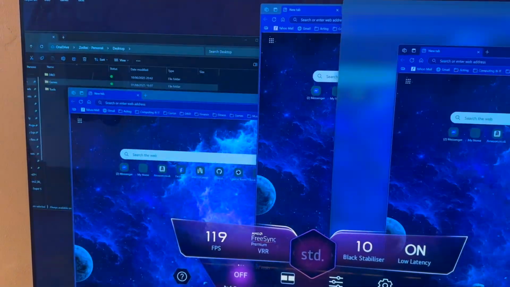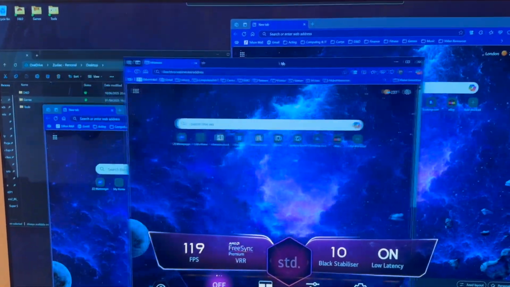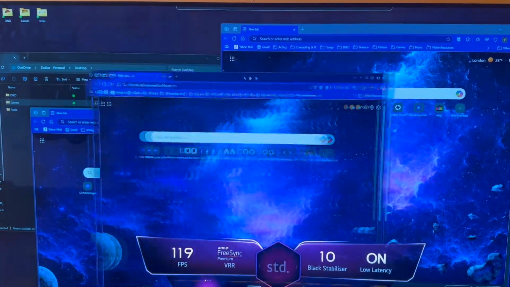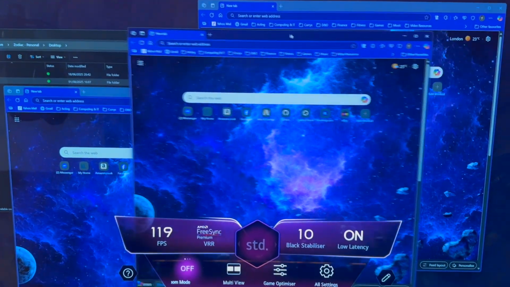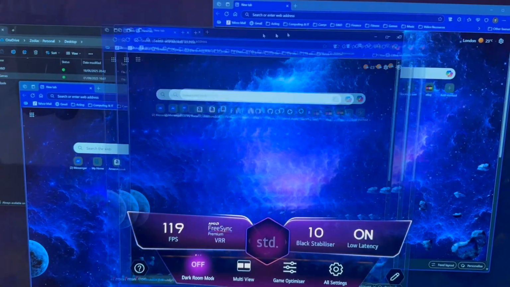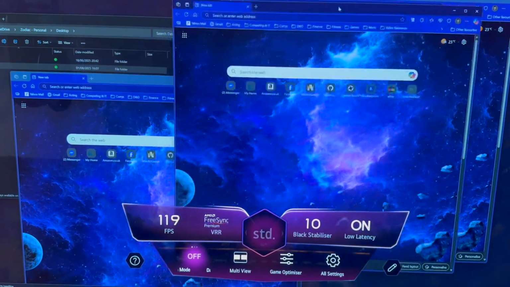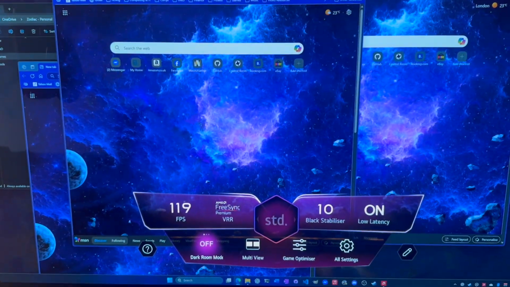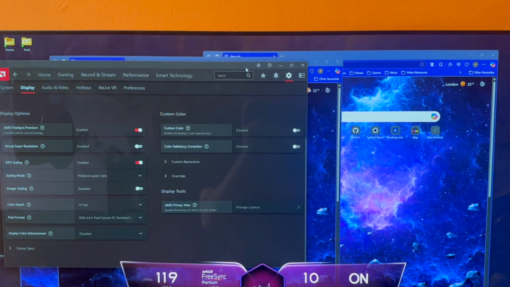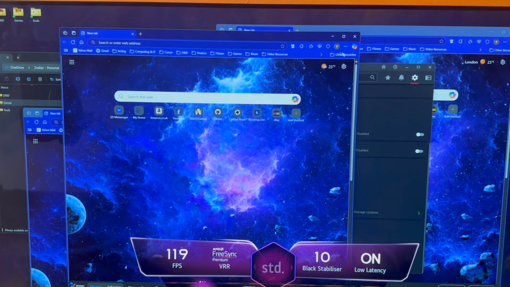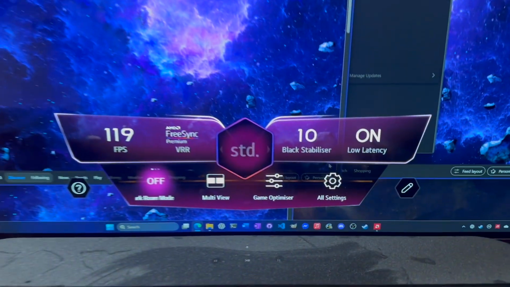So when I move the windows left to right, it's a little bit hard to see on the footage, but sometimes it moves smoothly across at 120 frames. Other times it will stutter as if lagging for some reason. Now there seems to be something in relation to web-based apps on the desktop. So my browser, for example, but also other apps like Discord,